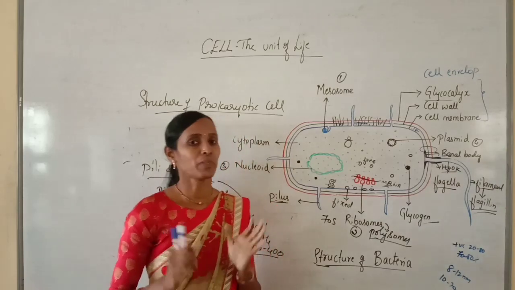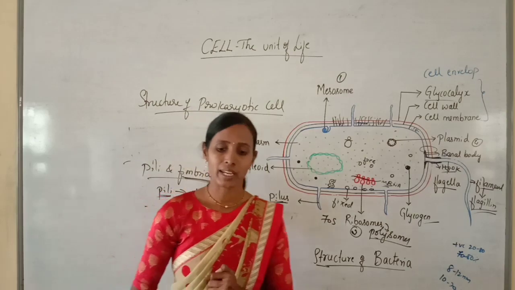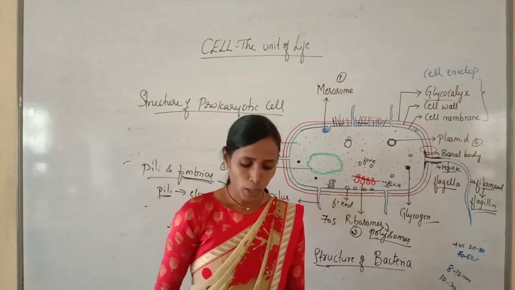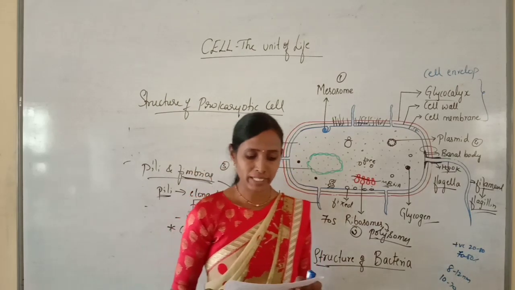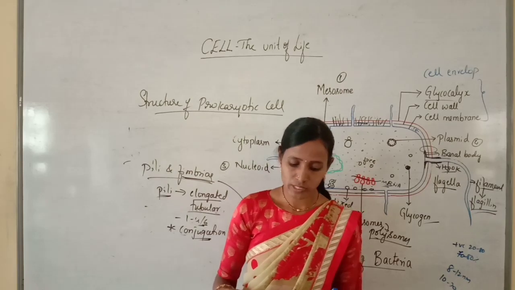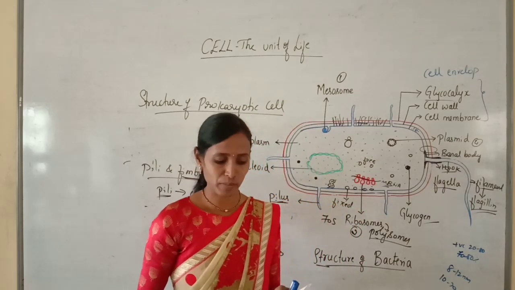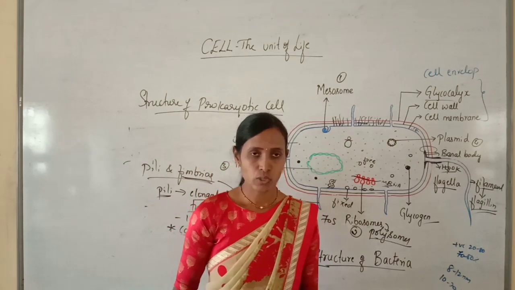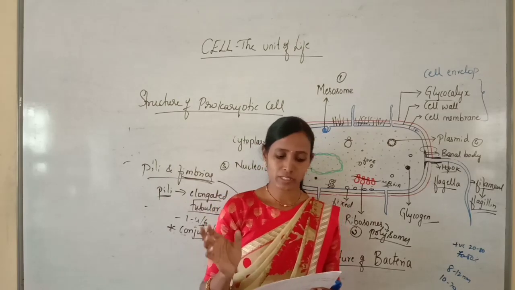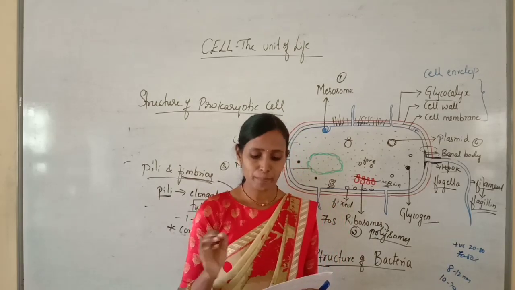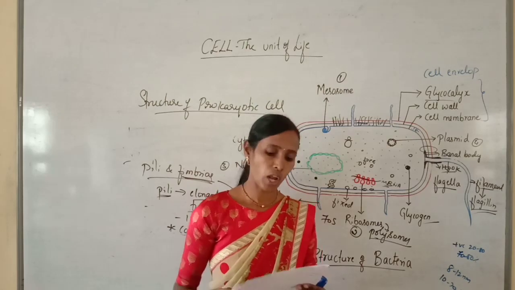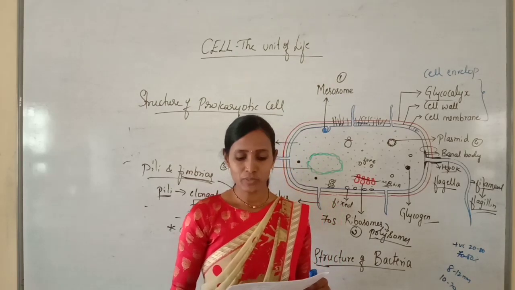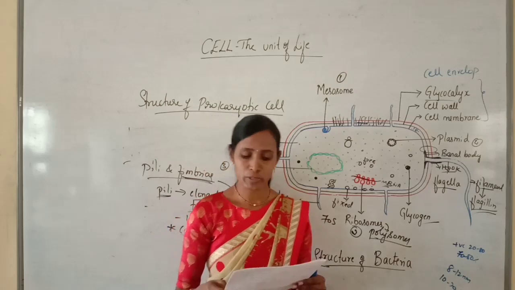So this completes the structure of prokaryotic cell, and we will discuss a few objective questions related to today's class. The first question: prokaryotes are represented by option A bacteria, option B cyanobacteria, option C green bacteria, option D mycoplasma. So prokaryotes are represented by bacteria, cyanobacteria, mycoplasma, option D, all of these. Second question: the staining procedure was developed by option A Christian Gram, option B Robert Hooke, option C Robert Brown, option D Schleiden.